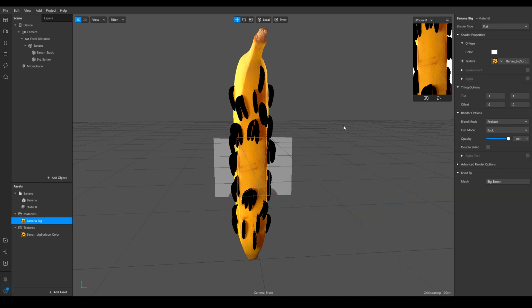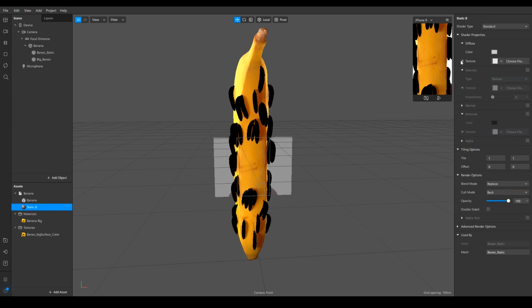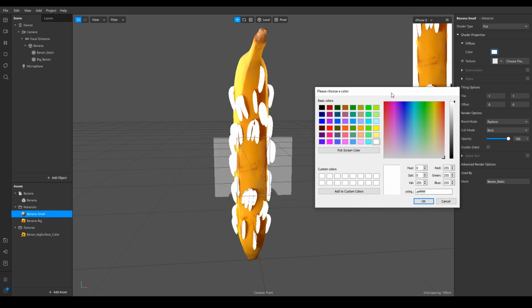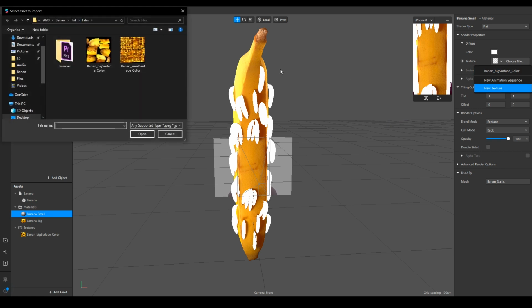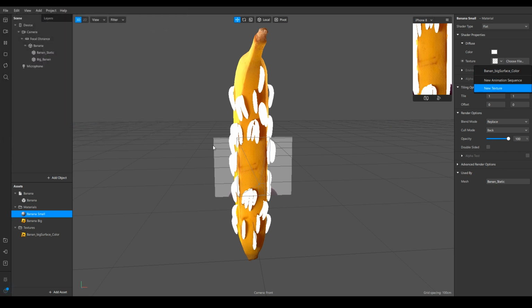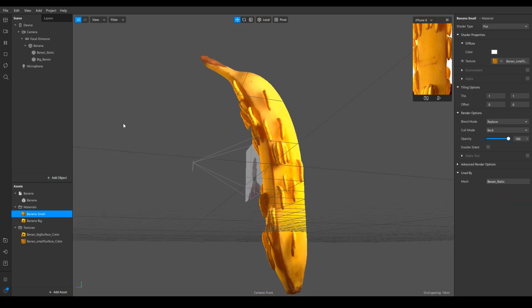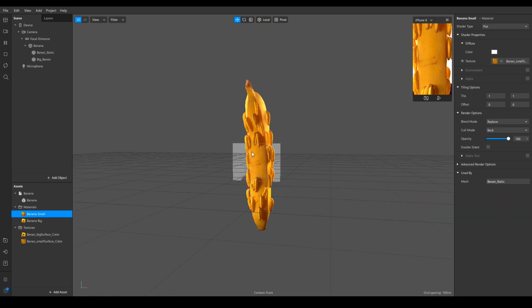We don't have to do anything much other than that. We'll do the same for the small bananas as well. So we'll click on the other one and choose that to flat, and I'll call this banana small. Okay, so make sure the color is white again, and click on the arrow and new texture, and we'll select this one. So you can see that it's looking very nice, in fact, and everything's looking pretty natural and evenly lit.